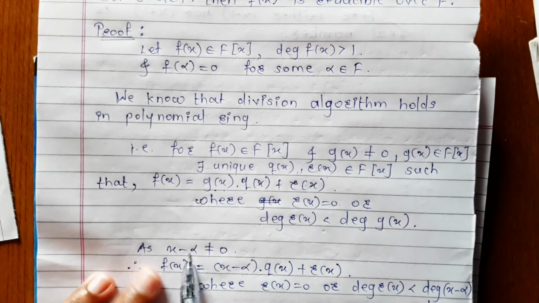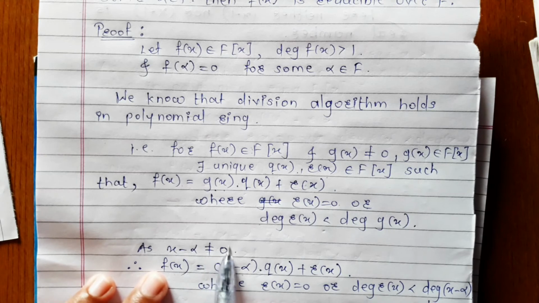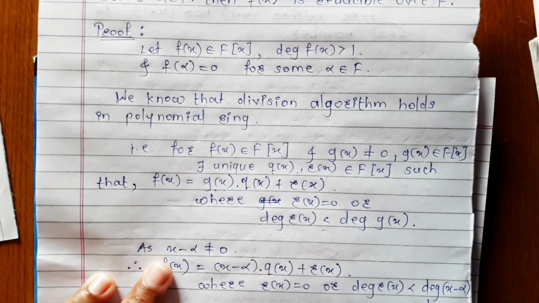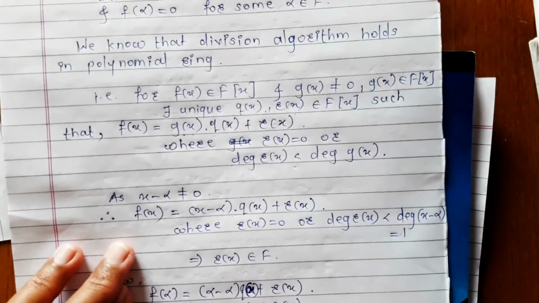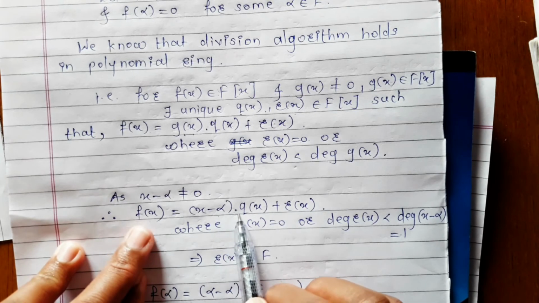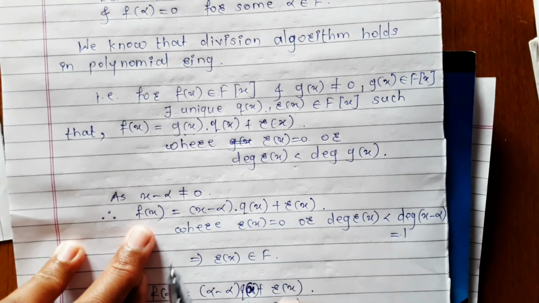Now, as x minus alpha is not equal to 0, we can replace g(x) by x minus alpha, and then f(x) becomes (x minus alpha) times q(x) plus r(x),